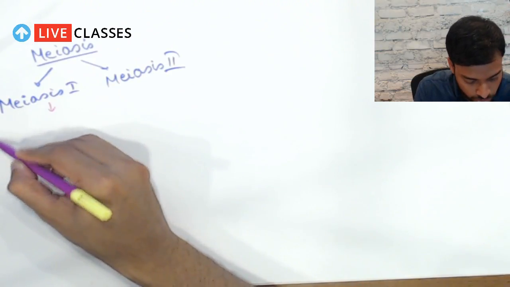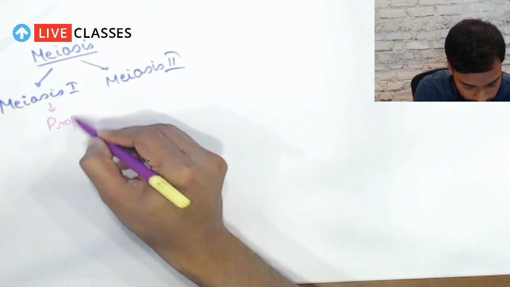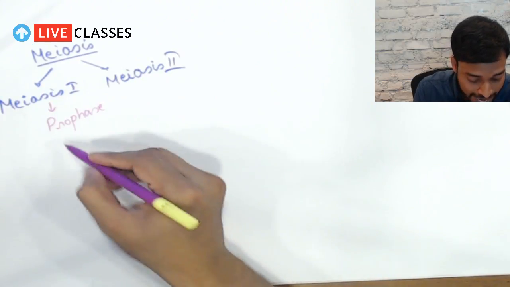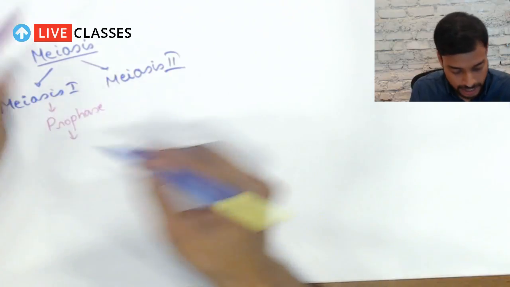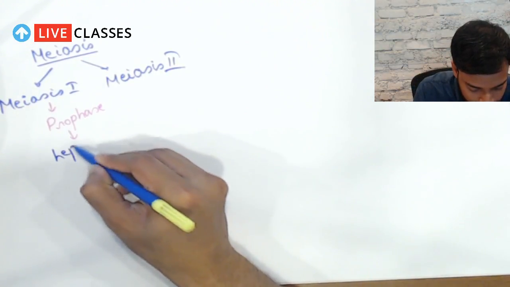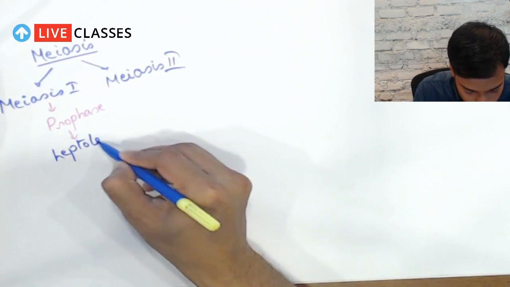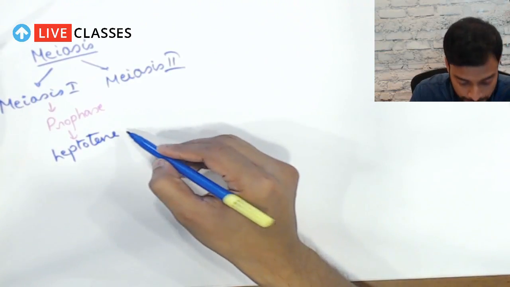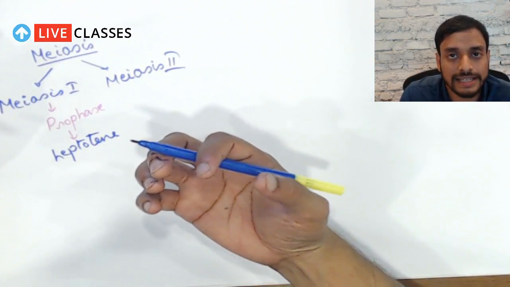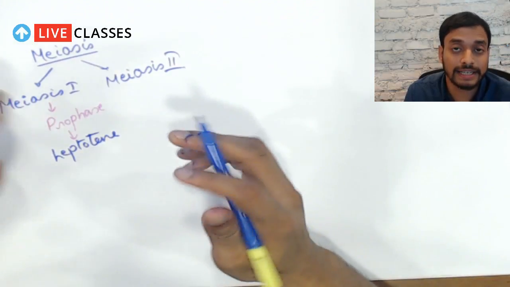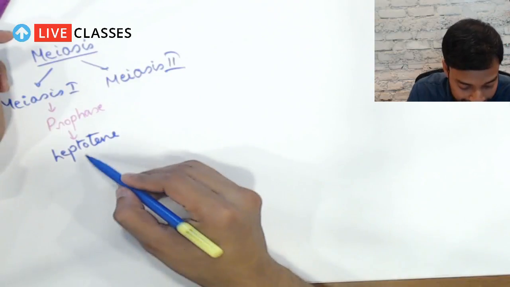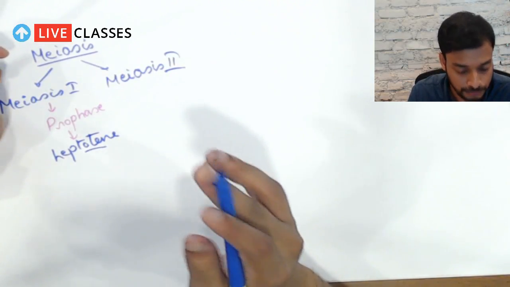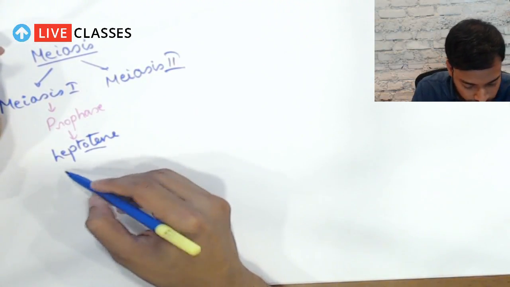Now let's talk about the prophase first. It actually has 5 different phases. Okay, first is known as leptotene. Here what happens? The chromosome which was present initially as chromatin network starts condensing and forms the chromosomes. This is the characteristic feature of the leptotene, correct? Next is